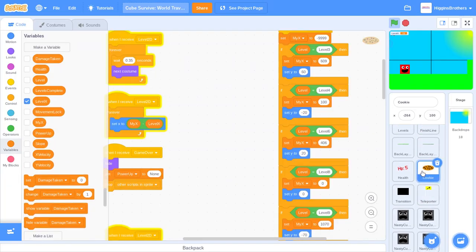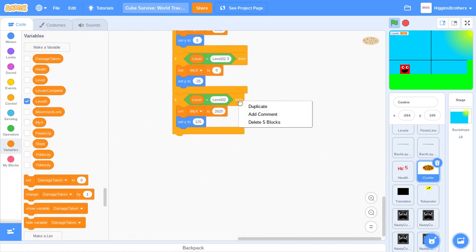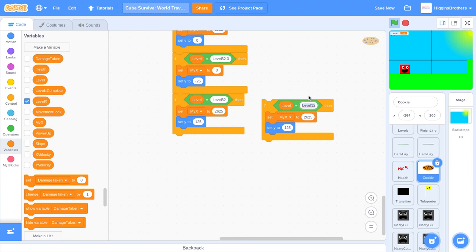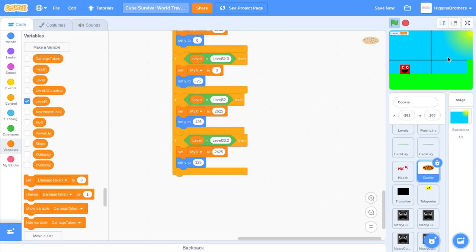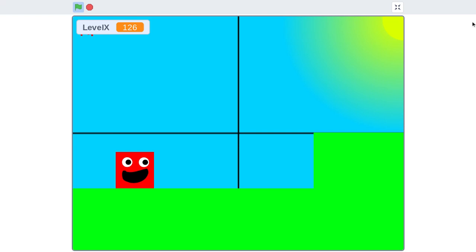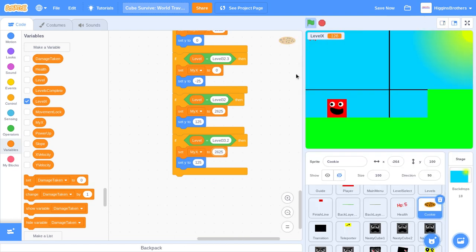Pick a power-up. I'm going to choose the cookie. And I'm going to go level, if level is equal to 33.2. All right, let's put the cookie along the black line in this spot. Let's go over a little more. Looks better there. All right, so we set this X position to whatever this X position is, because the way